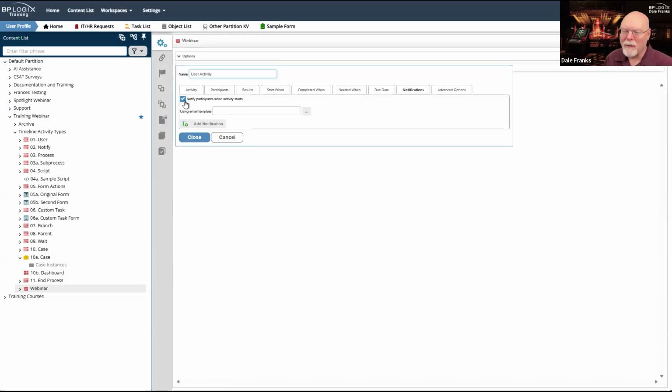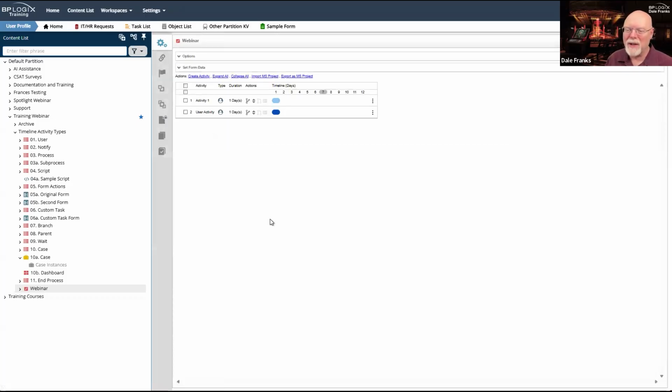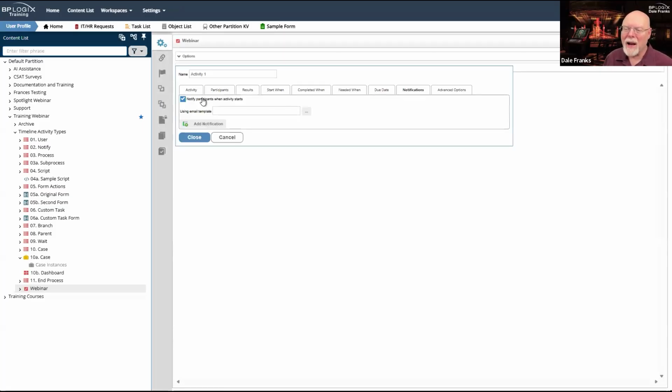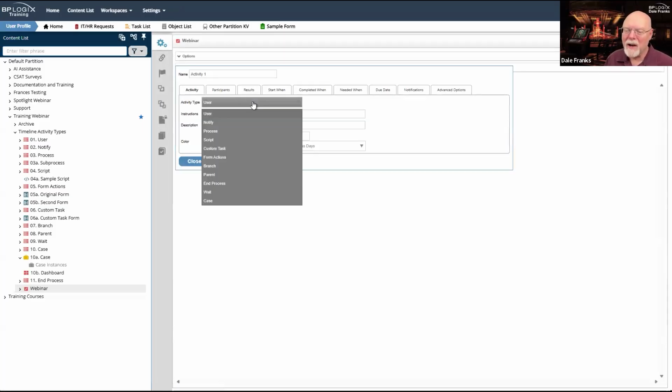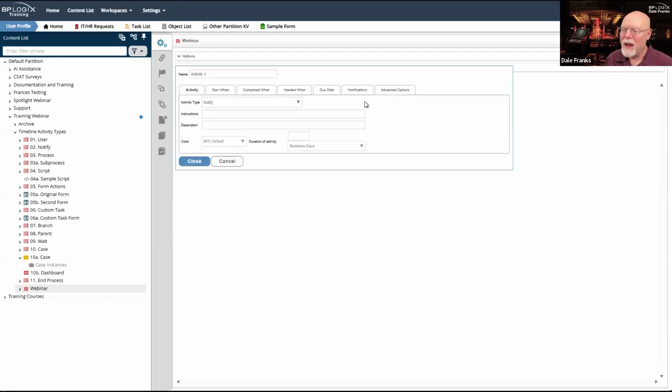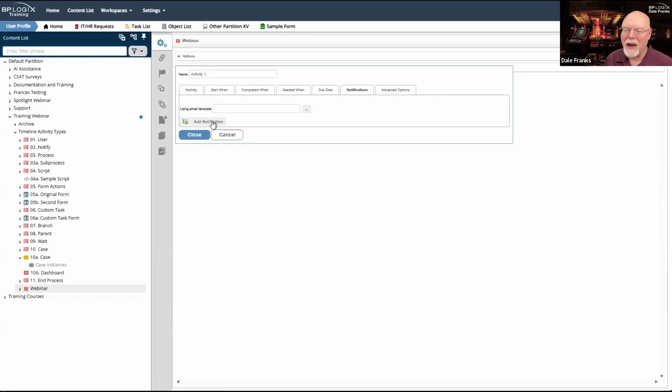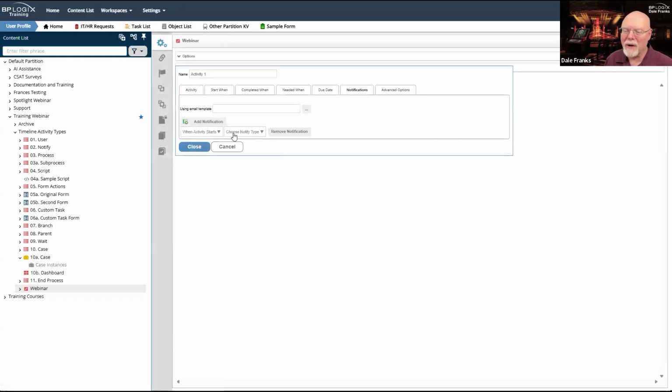And for whatever reason, I'm going to uncheck notify participants when activity starts. And then I'm going to go back up here to activity one, and I'm going to make this a notify activity. And on my notifications, I will add a notification when activity starts, again, to the timeline initiator.